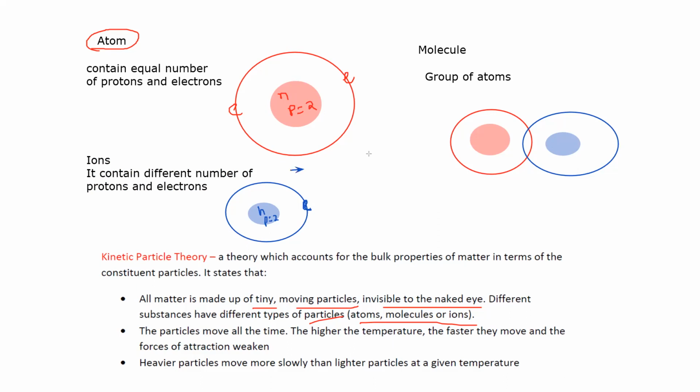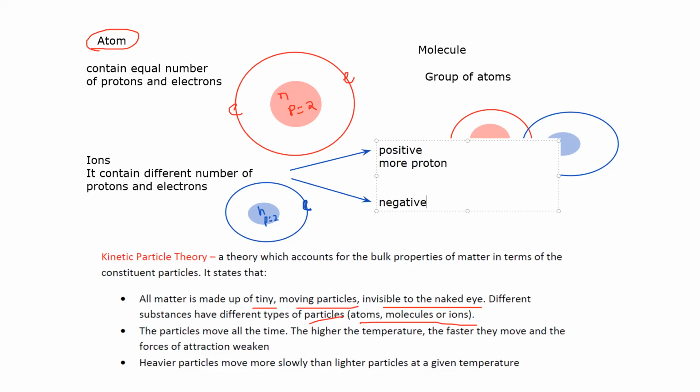So at 50, or B, the particles are moving faster. So it means the temperature and the speed or motion of the particles are directly proportional. If you increase the temperature, it will increase the speed of the particles. Higher temperature, the particles will move faster. Lower temperature, the particles will move slower. So when we supply heat energy, the particles will move much faster as compared to when we cool down.